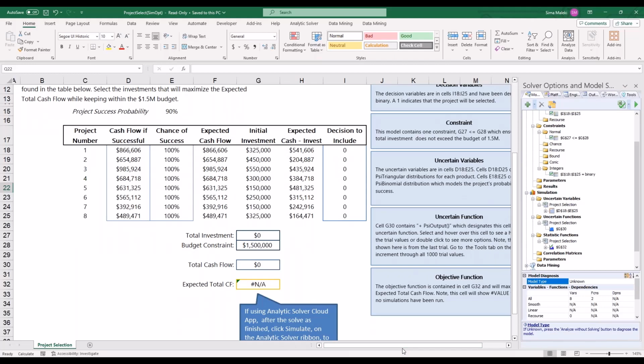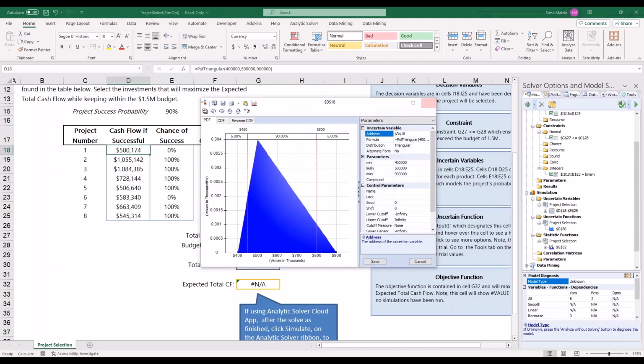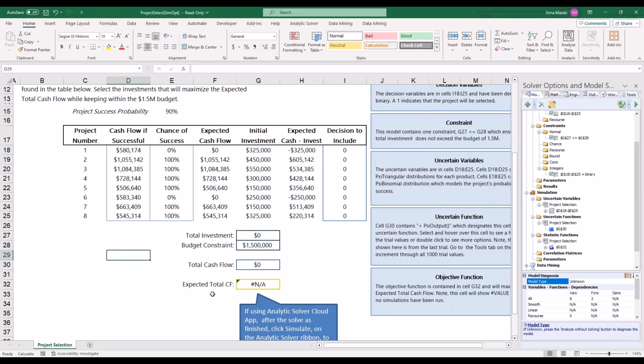Each one has a known initial investment. Each project has a 90% chance of success. And if a project succeeds, it will have an uncertain but positive future cash flow. The cash flow we are modeling via a triangular distribution for each of the projects. The funding of all 8 projects would require a total initial investment of 2.5 million, but our capital budget is